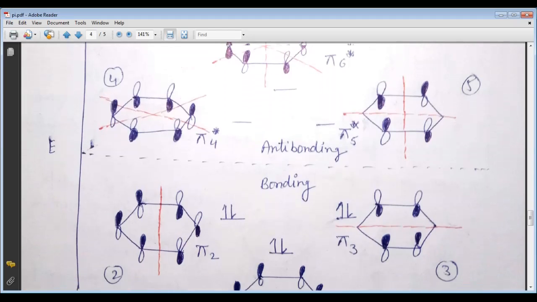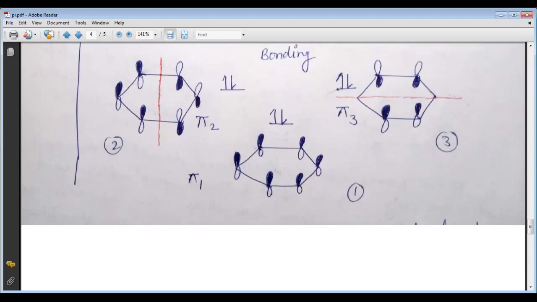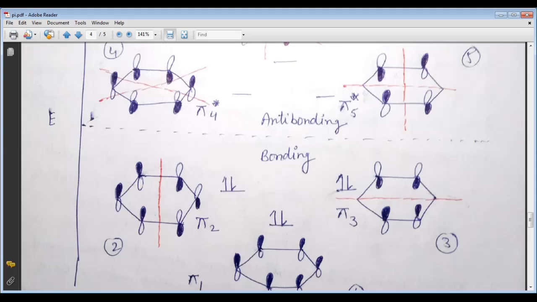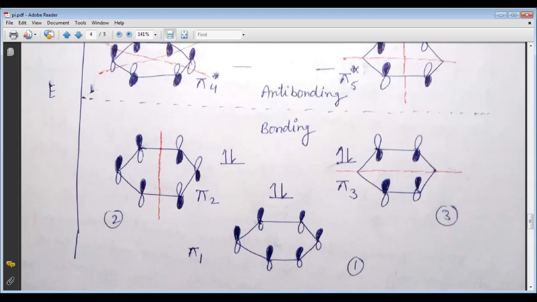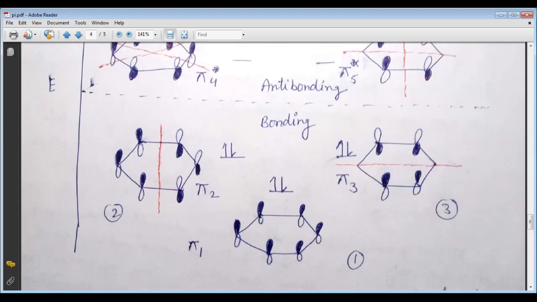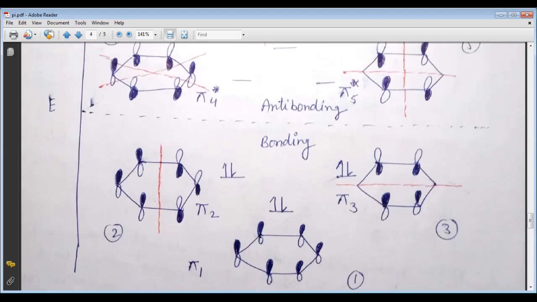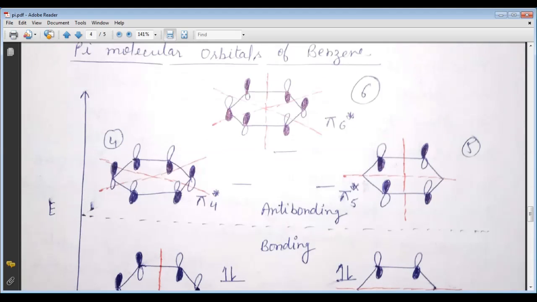There are 6 molecular orbitals. When there are 6 atomic orbitals, 6 molecular orbitals will be present, and we see that 3 are bonding molecular orbitals and 3 are anti-bonding molecular orbitals. So here we can see the first, second, third are the bonding molecular orbitals, and the 4, 5, and 6 are the anti-bonding molecular